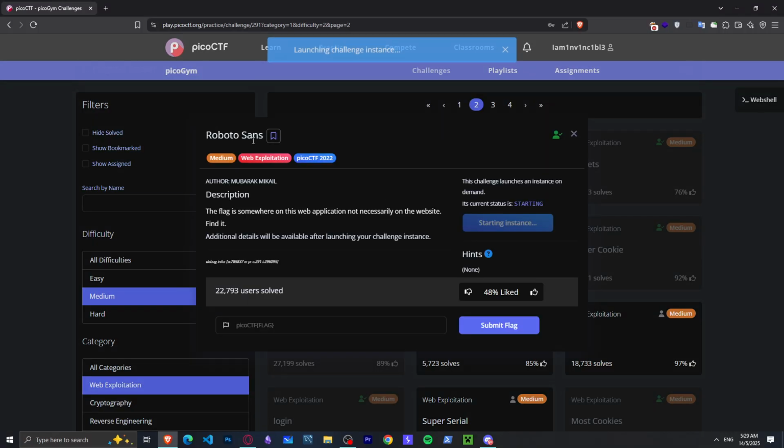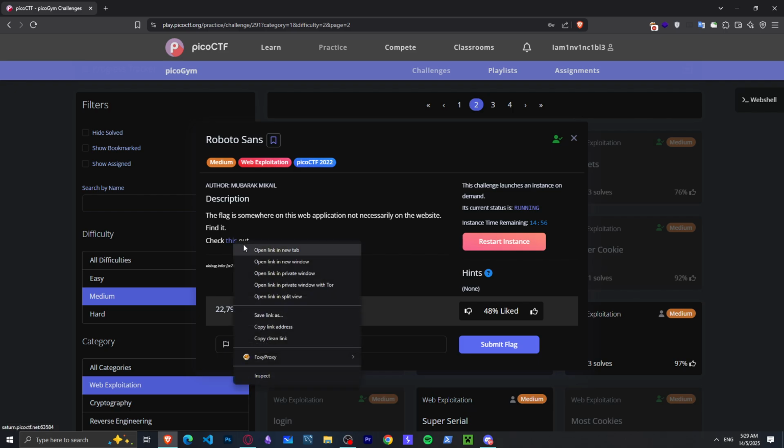This might have to do with the font or with the slash robots.txt. I don't know. The flag is somewhere, not necessarily on the website. Okay, let's go to robots.txt